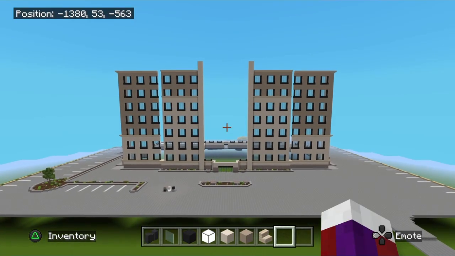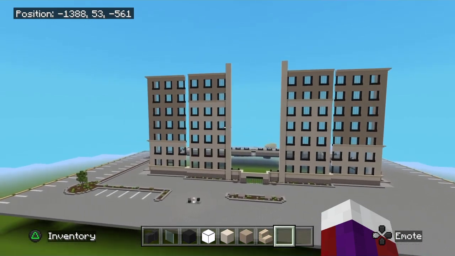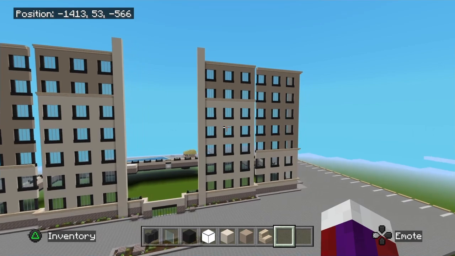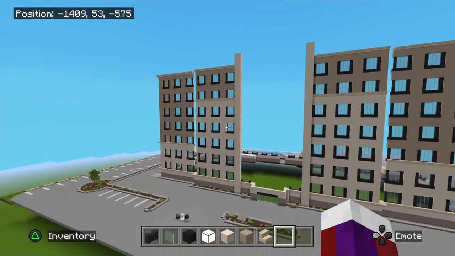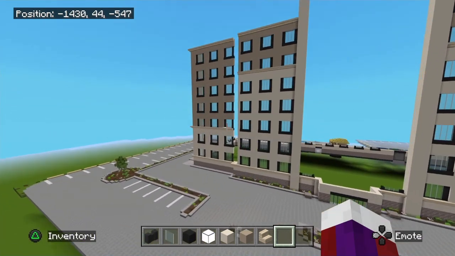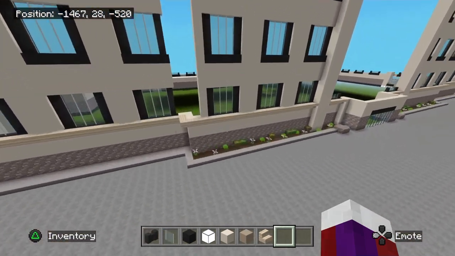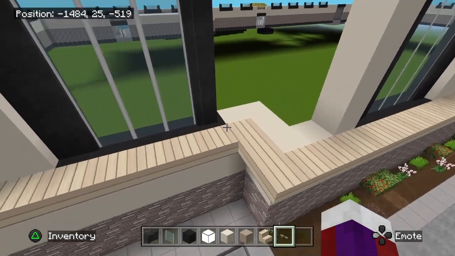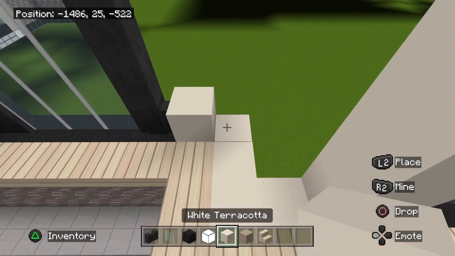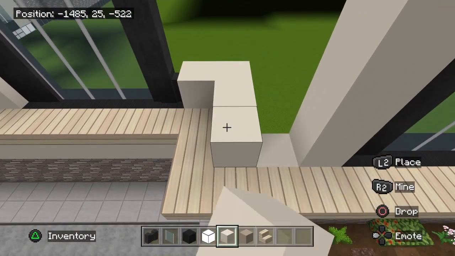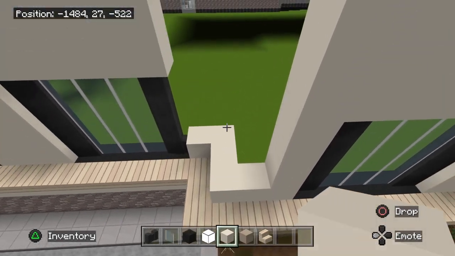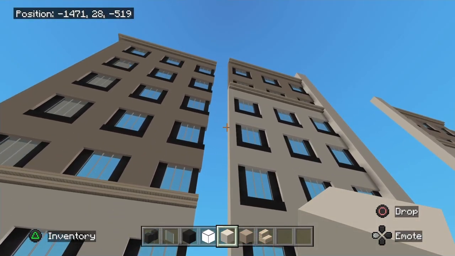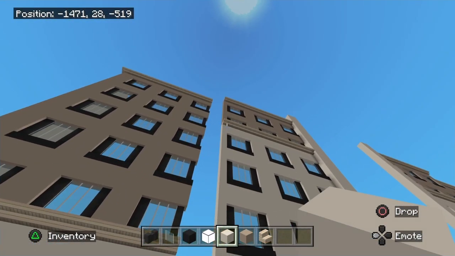Alright, now once you've got both sides, this is what you should have here. Again, both will be the same. Now once you've got that, then now let's come right over here. Again, what we're going to do here, we're going to do on the other side over there as well. So come to this corner part here, where we got this here, comes 2, and then comes 2, and then 2 like this. You're going to take this all the way up till we get to that top, that middle